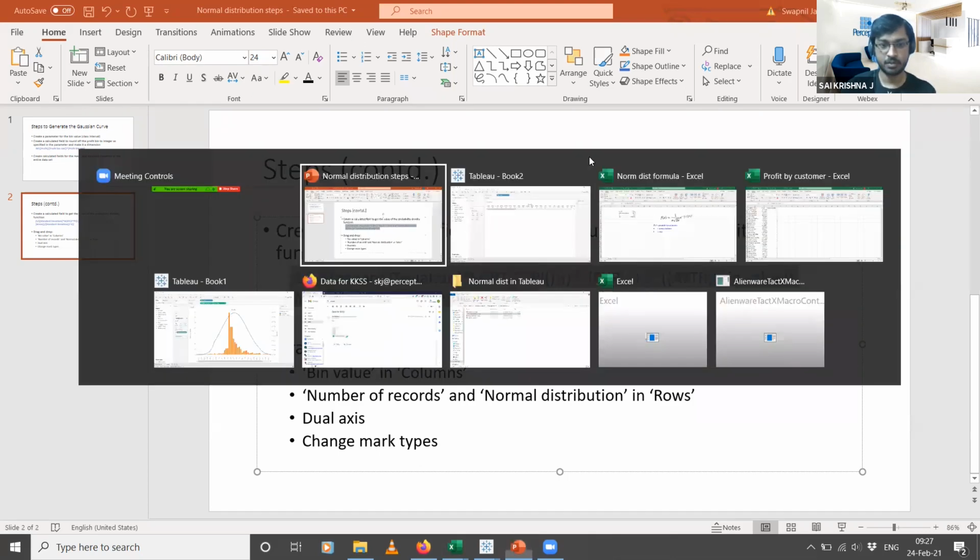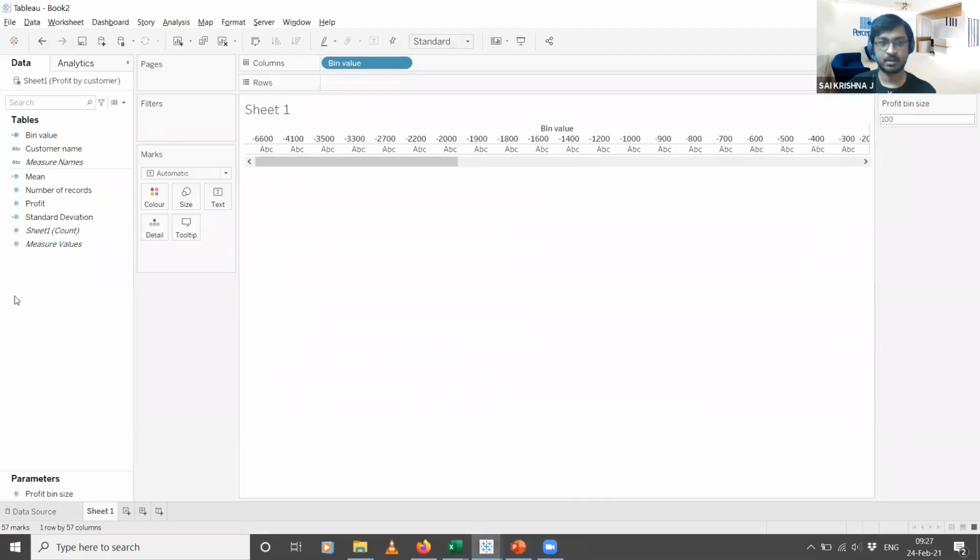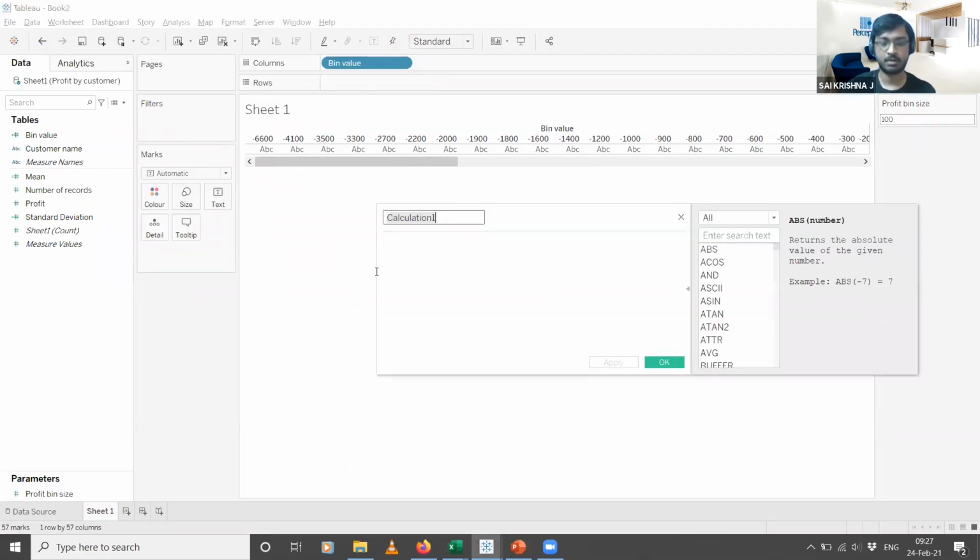Let me also in the meantime create a calculated field for that. I'm making a right click, creating a calculated field, and calling it, let's say, normal distribution curve. I'm just pasting that formula over here. Just let me know once you have created a calculated field and pasted the formula over here. We can proceed then.